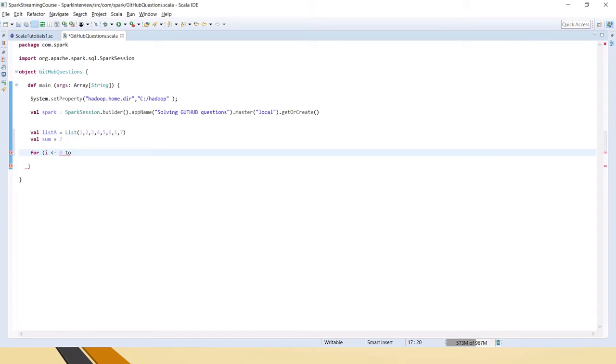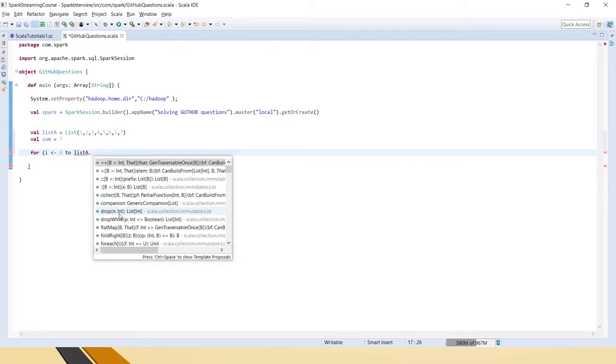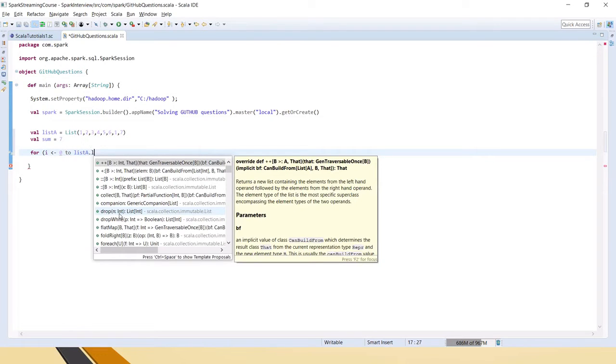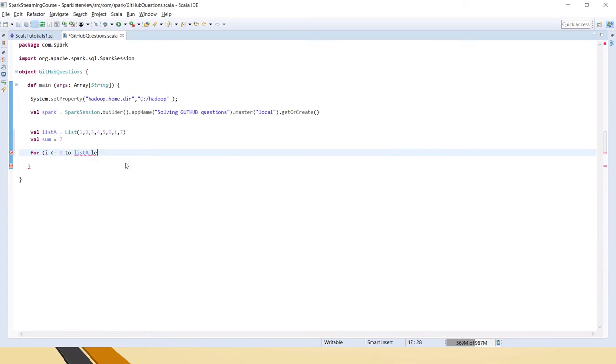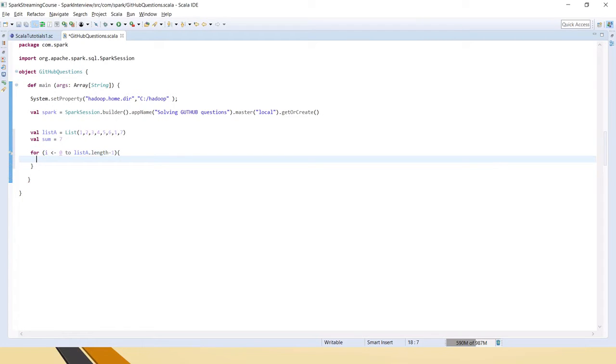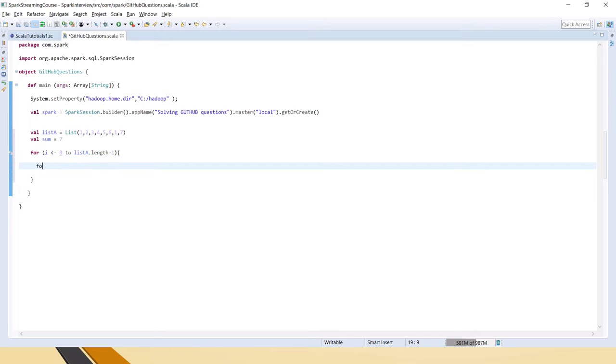So for i from 0 to list A dot length, okay, yeah, length. And we need minus 1 because we are counting from 0, right? Then we need the second for loop for the next element.